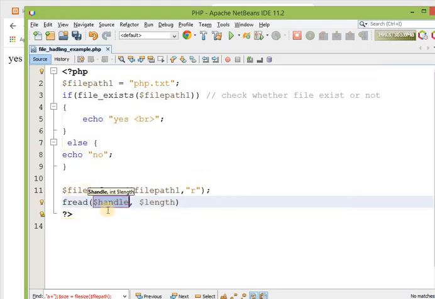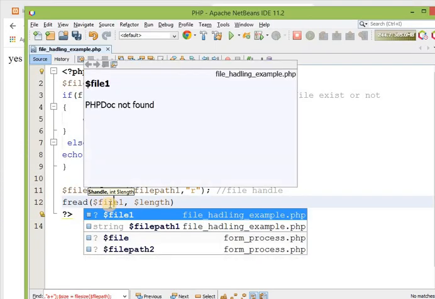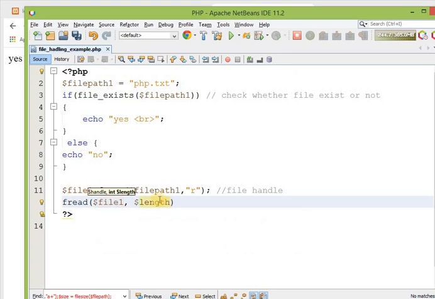Now over here you can see that I have to pass the handle. What is the name of the handle? File1, $file name.